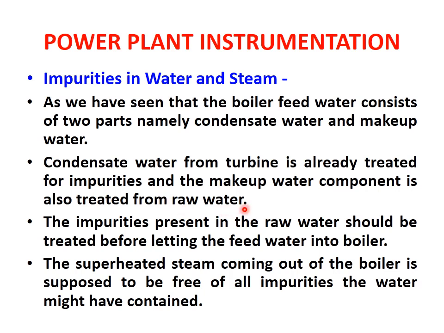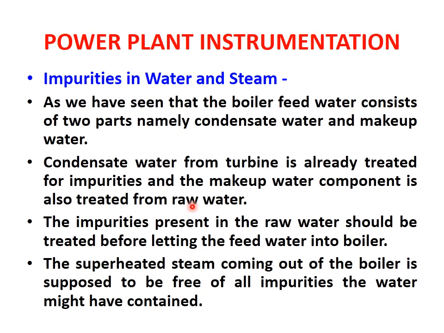So the condensate water, when it has done the work of rotating the turbine, will be there at the cooling towers. So directly it can be treated for impurities. At the same time, the makeup water, when it is added in the boiler with the help of raw water, is combined for the working of the boiler for converting water into steam. So this can also be treated with raw water.